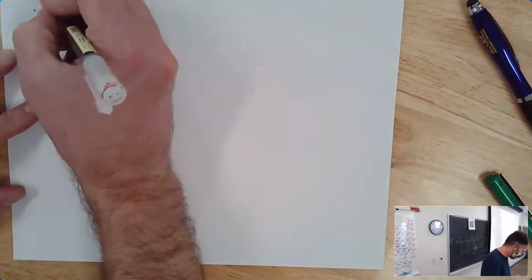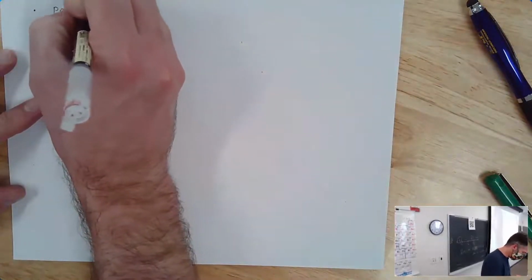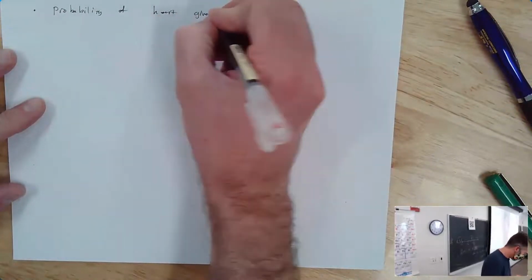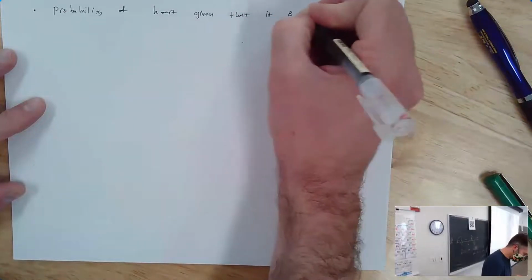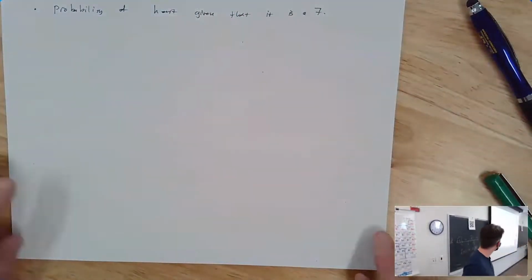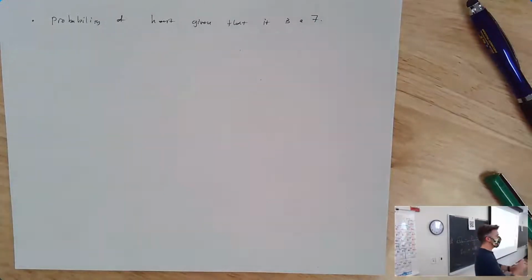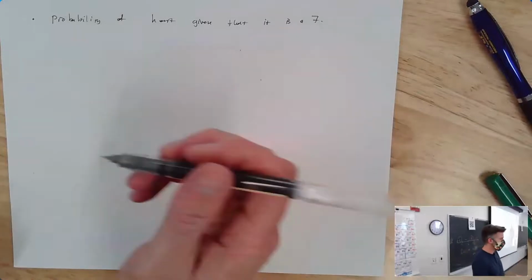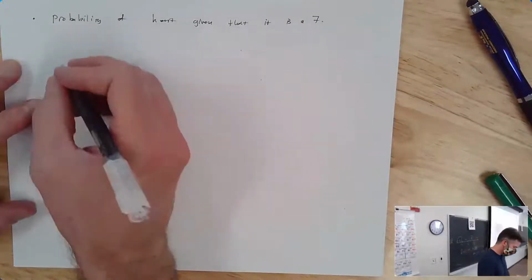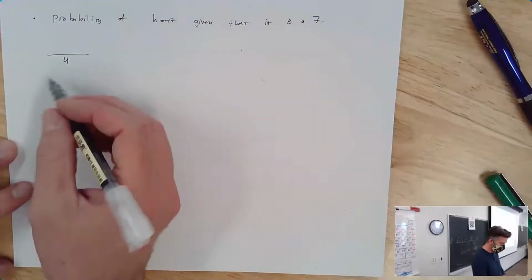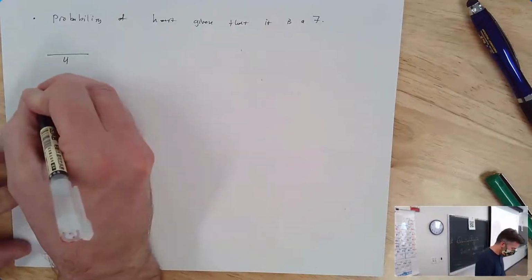So still 1 card from a deck. Let's now find the probability of a heart given that it is a 7. I'm going to do what feels like the easier way to me. So given that it's a 7, all right, how many 7s are there? 4. So sometimes what we call this is the reduced sample space, right? My reduced sample space